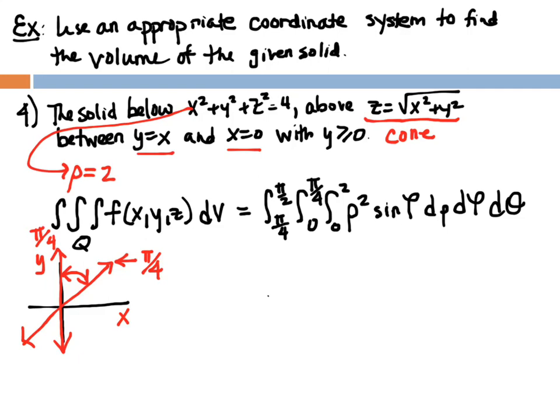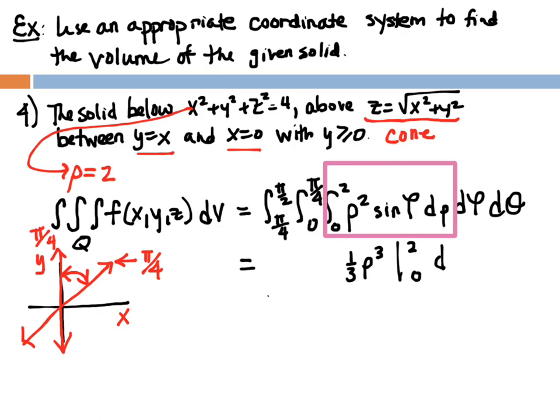And now that we have this set up, we're actually ready to do the integration. So we'll start on the inside, as we have been modeling all the way along. We're going to do the antiderivative with respect to rho. So this would be 1/3 rho cubed, evaluated at 2 and 0. And then we've got,